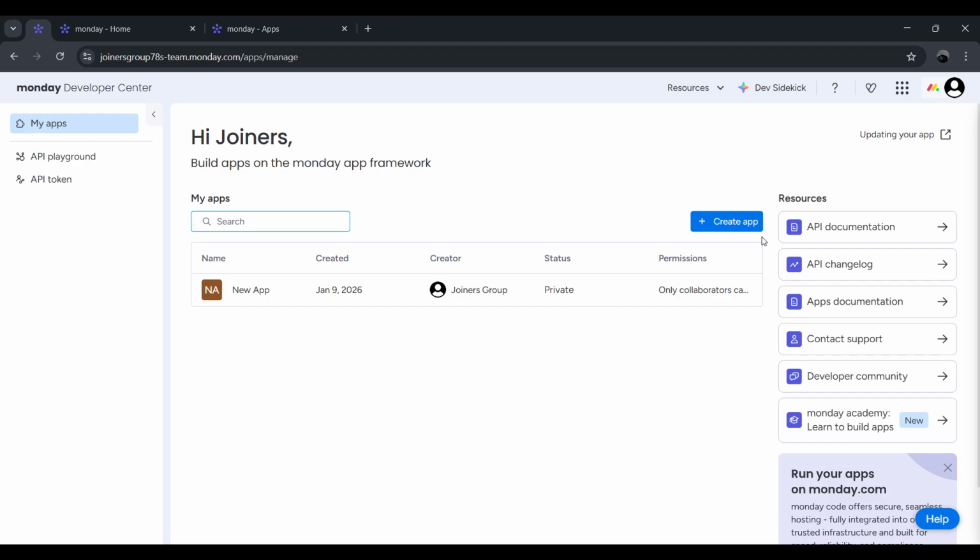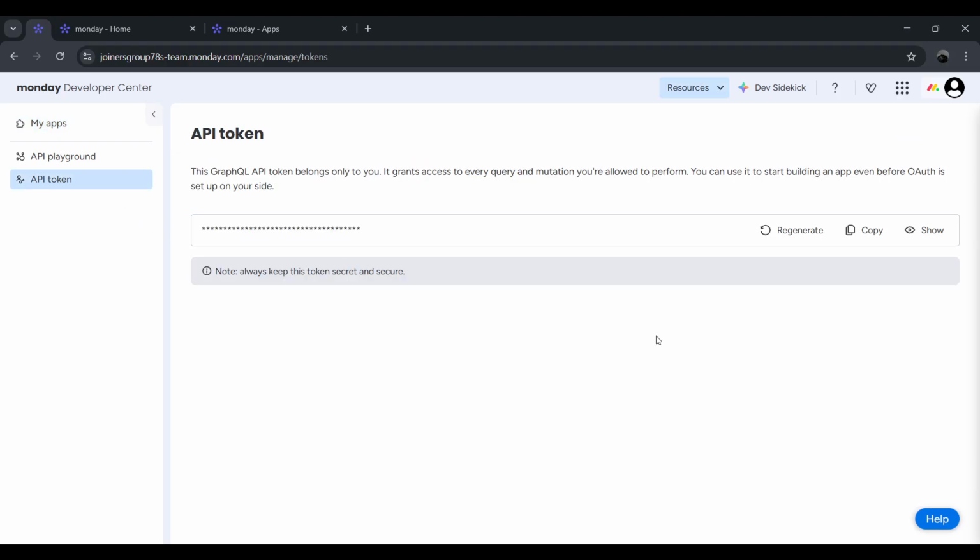Once you're in the developer section, look for the option labeled API token and click on it. This is where Monday.com stores your unique API key, which serves as a secure way to authenticate and connect external services to your account. The API token is essentially your digital key that allows other applications to access your Monday.com